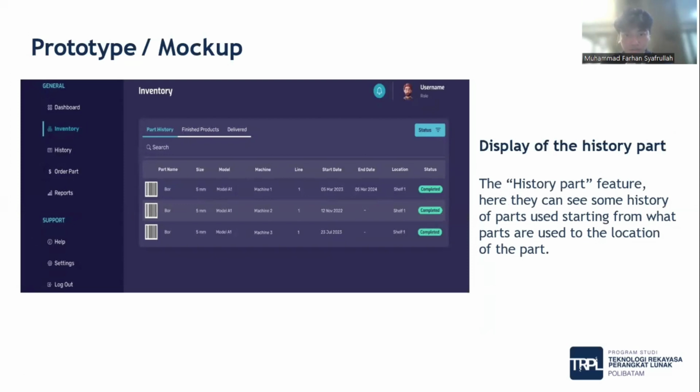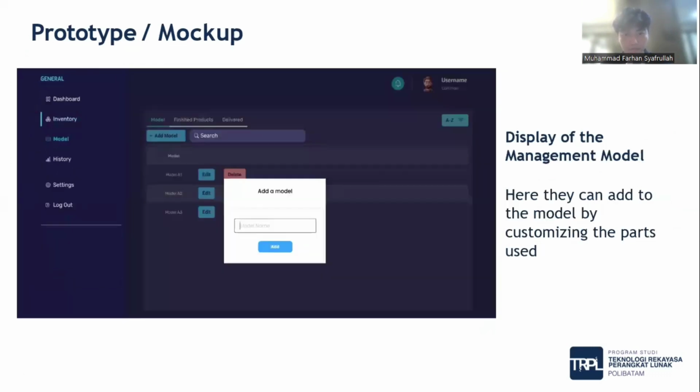In the history part feature, they can see the history of parts used, starting from what parts are used to the location of the part. Next, the display of the management model. Here they can add to the model by customizing the parts used.